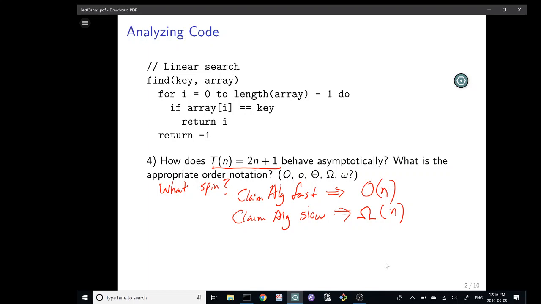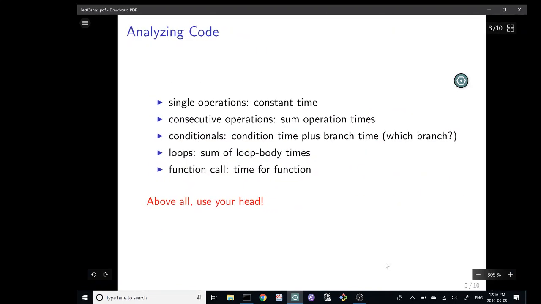Okay, now we've analyzed code. This is a summary of how to analyze code. Single operations take a constant amount of time. So when you're looking at a piece of code, you want to tease out what its running time is. You have to do certain things depending on the operations. Consecutive operations, you sum the operation times. Conditionals, you count the branch depending on if you're a pessimist or an optimist.